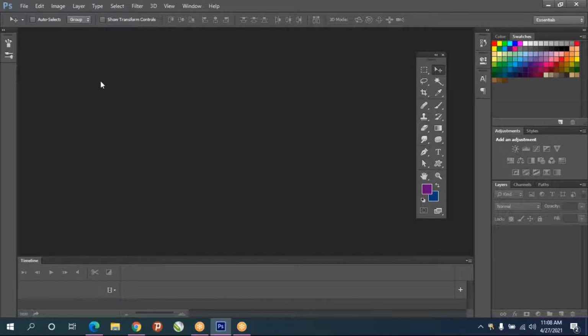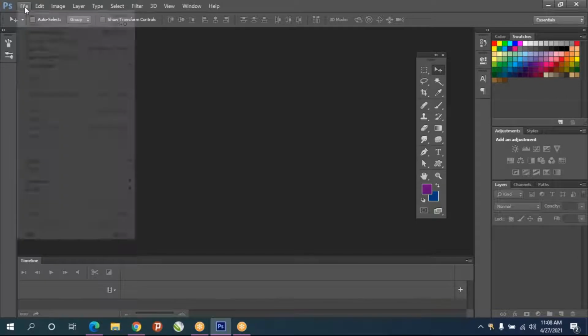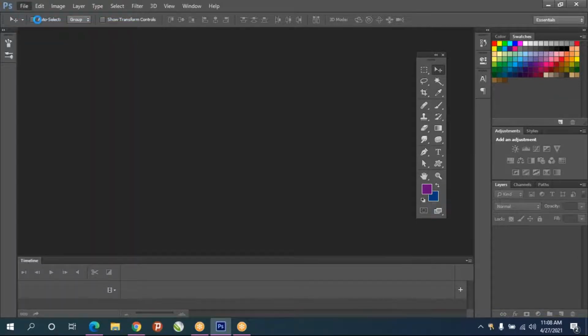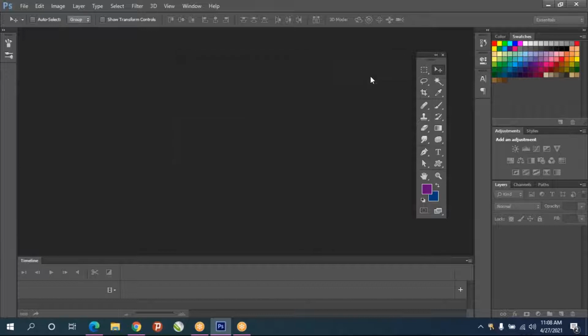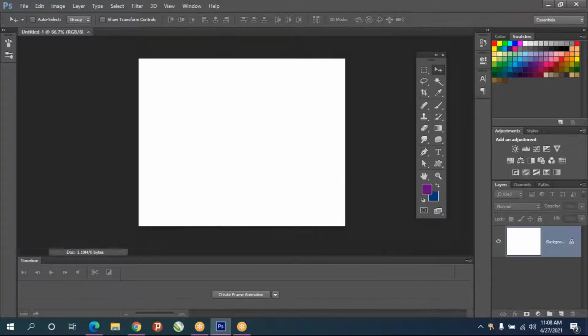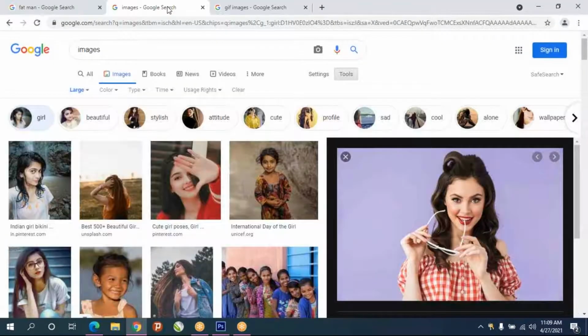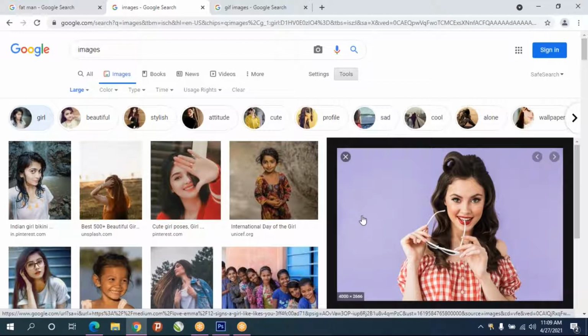So like that, how to create using Photoshop? First, you go to the File menu, New. First, you create any document. I'll create around, and give OK. Now download some images. We'll see a small text animation like that. Only the concept is the same. We can do it for anything you like.